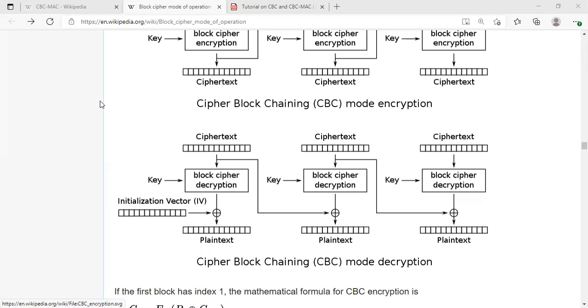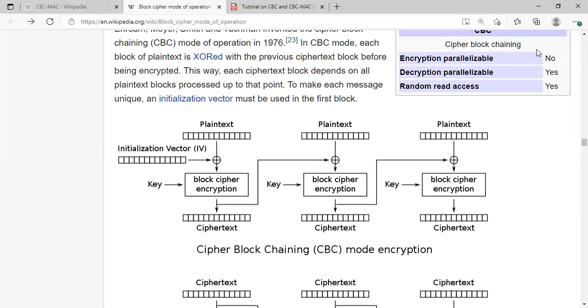Remember, in CBC mode encryption, there is a padding. Usually we do padding for CBC mode, and the padding is based on the length. Suppose the length of the plain text is not a multiple of the block size, then we add padding here. Let's assume we are using AES as the block cipher. AES requires 16 bytes as input, and in the context of CBC mode, we take the ciphertext of the previous block, XOR it with the plain text, and then call the AES.